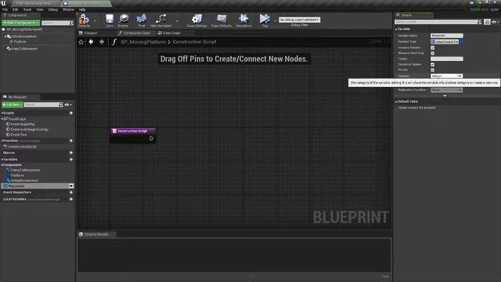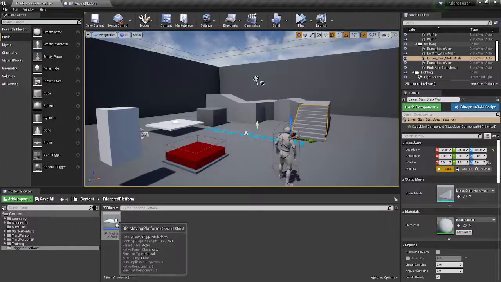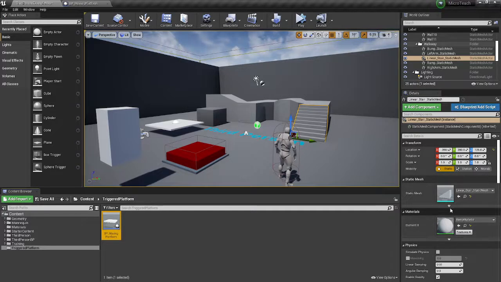Okay. You can set a category if you want, if you were to have more variables that you expose in your editor. So here, for example, I'm going to call it waypoints. That'll be a category. I'll show you that in a minute. I'm going to compile, save, and if I go in the editor and we select this, on the right hand side in the details, we should